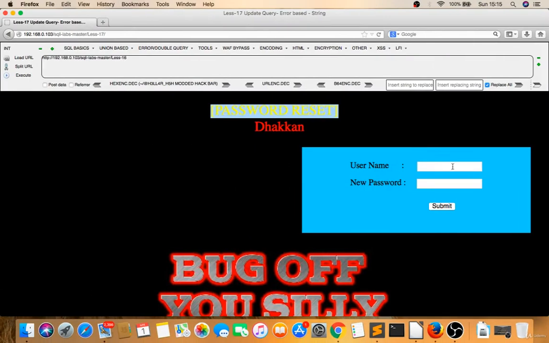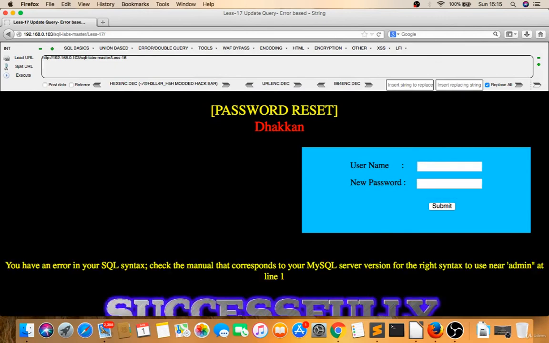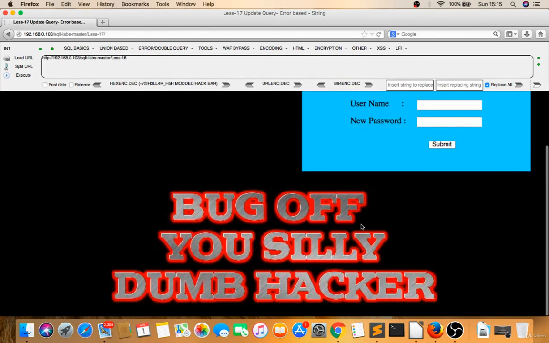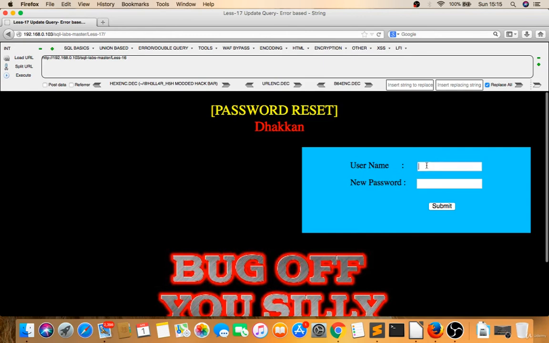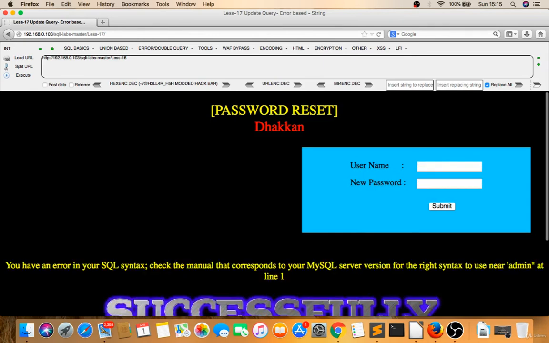So I'll give admin and then I will give a backslash there. See this, you got an error. But when you give another, non-existing username with a backslash, it will not give you the error. That means they are checking for admin, and then you can give a backslash.